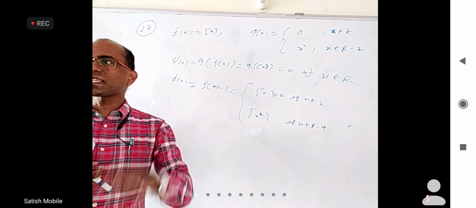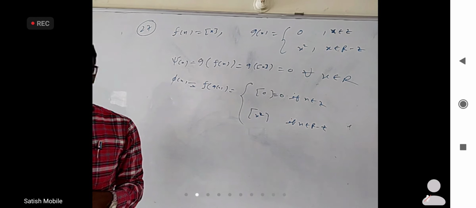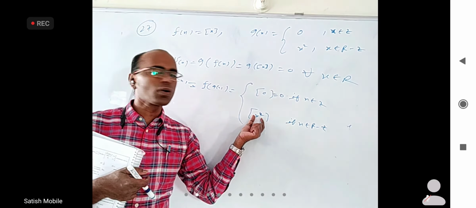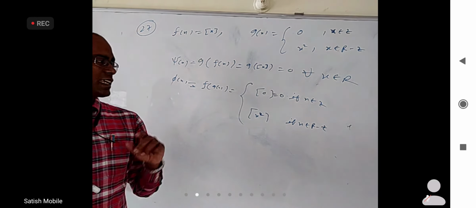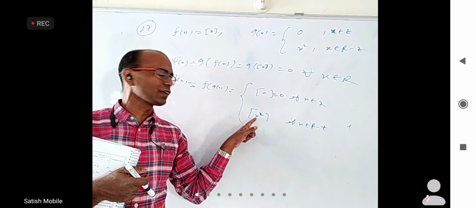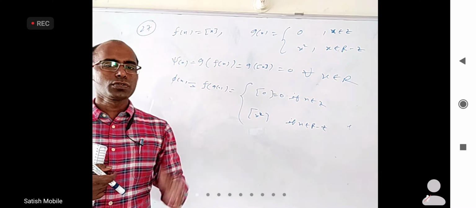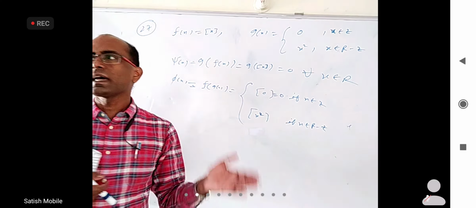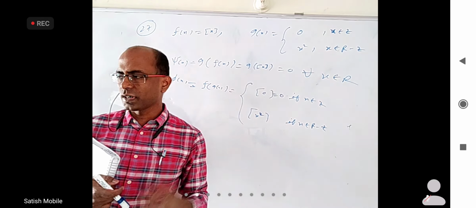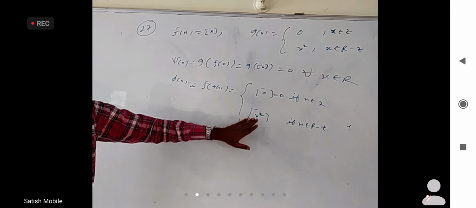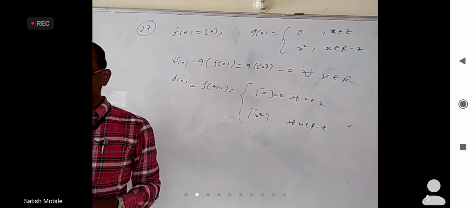But if you take just after 9 or just before 9, just after 9 it will be little more than 81. What will the integer part be? 81. Just before 9 it will be little less than 81, so the integer part will be 80. So at 9 the left limit is 80, the right limit is 81, but the function value is 0. They are completely different. It is discontinuous. You don't even need this; here itself the left limit and right limit are coming different.